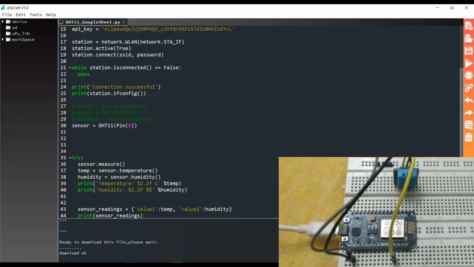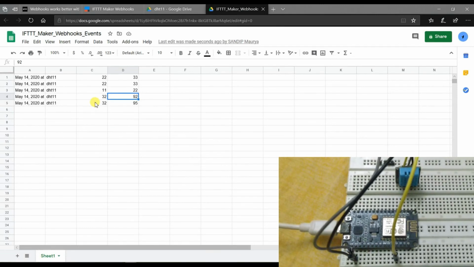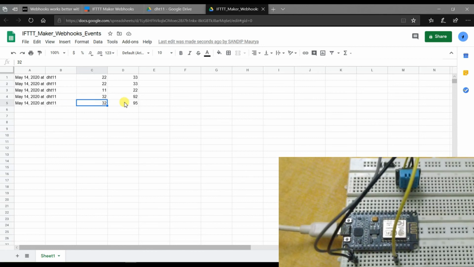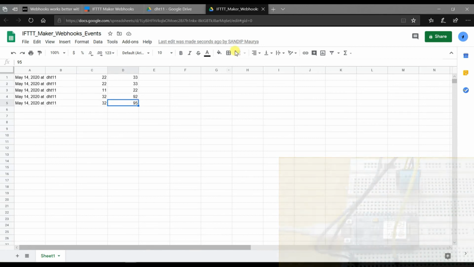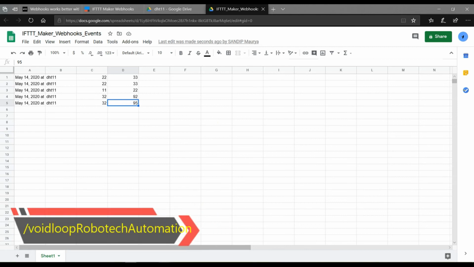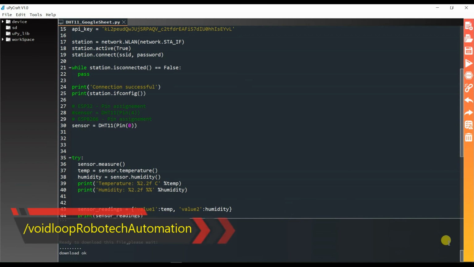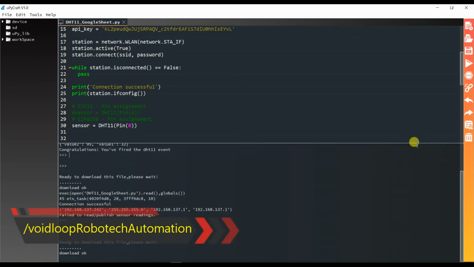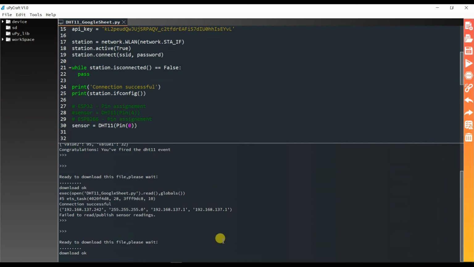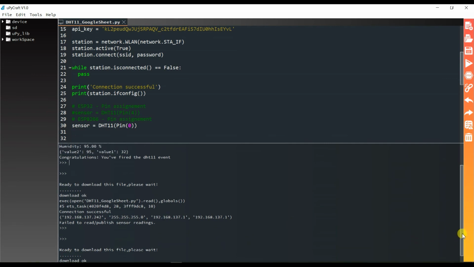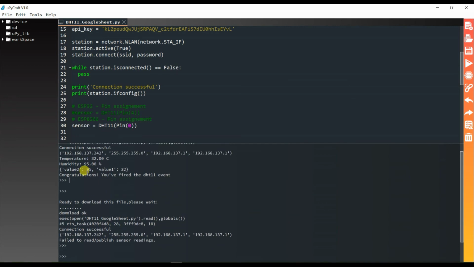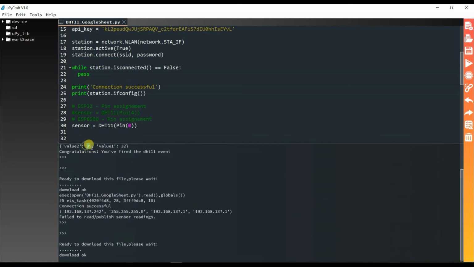I will open my browser. Here you can see 32 degrees centigrade and 95% humidity. See here, value 2 is 95, value 1 is 32.